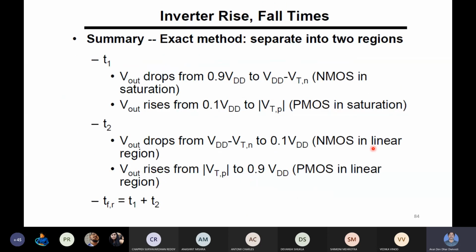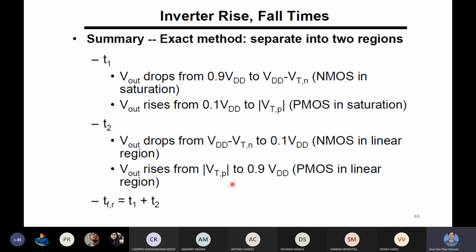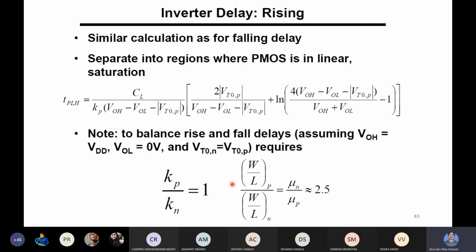So now time is over. Next time we will discuss rise time and fall time also, and other approximate methods for calculation of delay. So inverter delay, then rise time, fall time, we will complete. After that we will also go for the analysis of power dissipation. All these are performance parameters of these CMOS circuits, and power dissipation we will discuss.